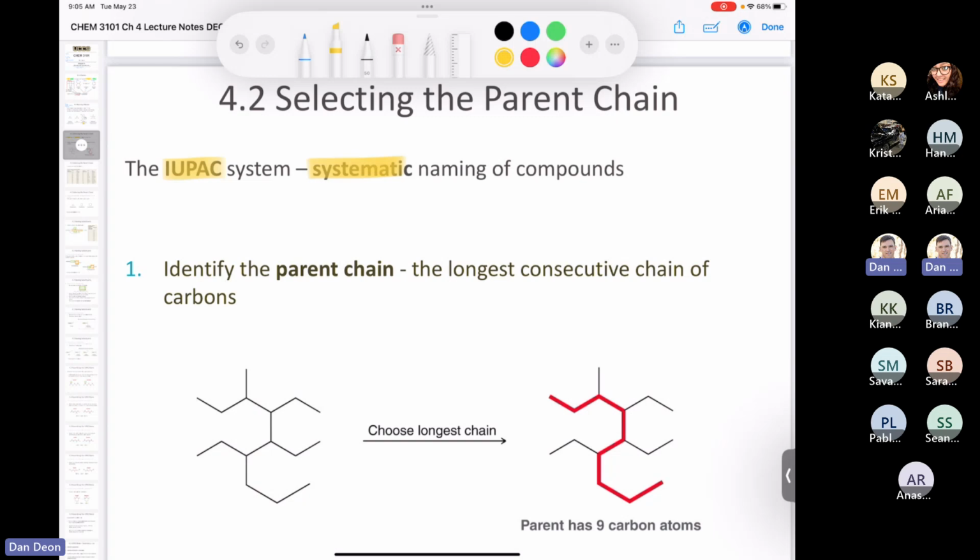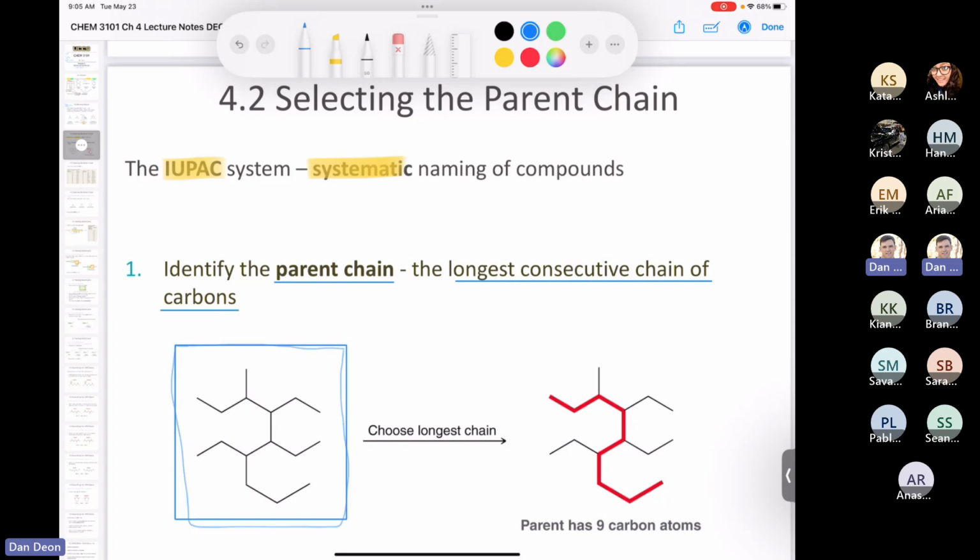They're kind of interesting. The first one is you identify the parent chain. Okay, and if you're like, well, what's the parent chain? The parent chain is the longest consecutive chain of carbon atoms in the molecule. So if you look at this molecule here, walking down the street, you see this molecule, and you say, I want to give this molecule a name. I'm going to call it Gary. No, you can't do that. What you've got to do is find the longest chain. And the way you find the longest chain is by trial and error.